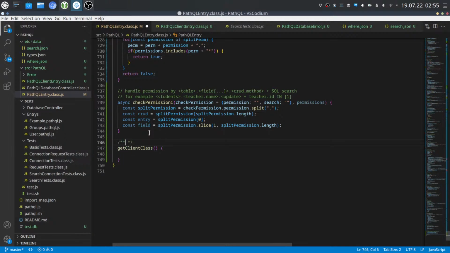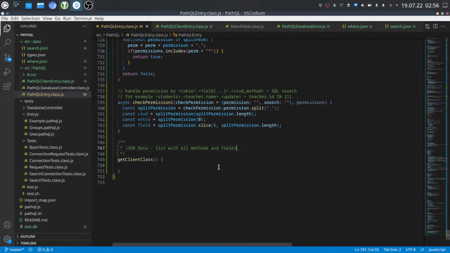We can provide the JSON data, like a list of all methods and with all files. And then we create on the client side an instance of the PathQL client entry which is based on the JSON data. I think this is the best idea